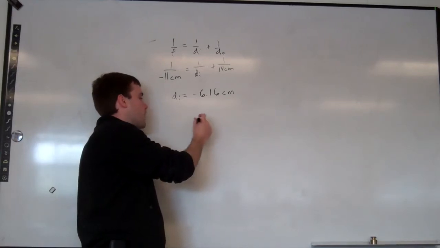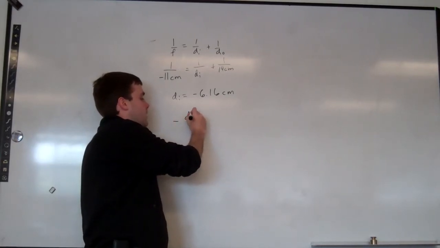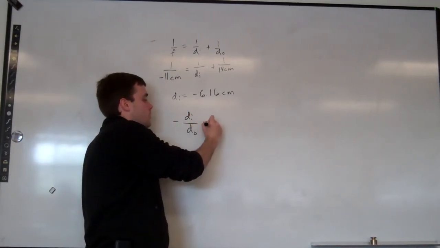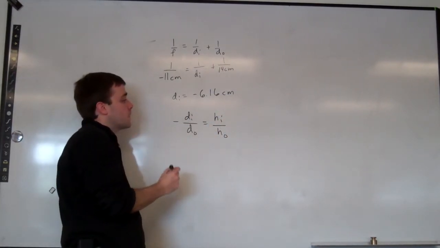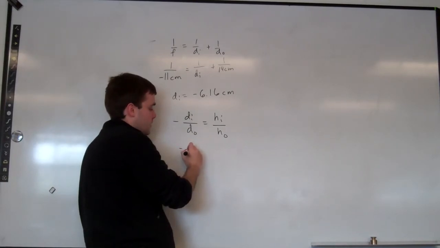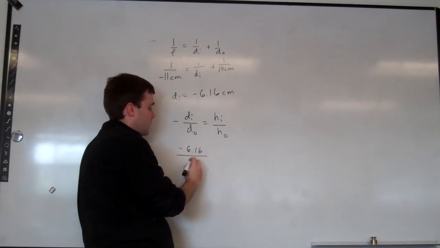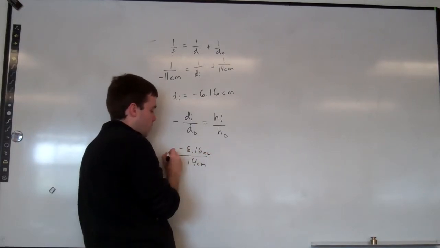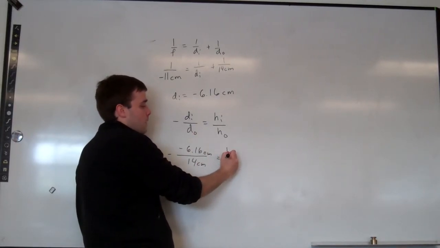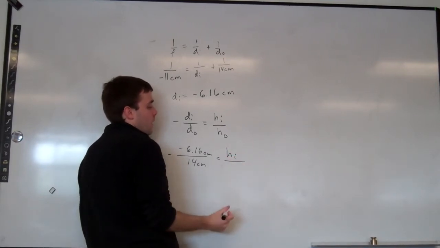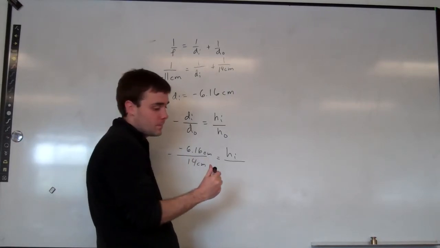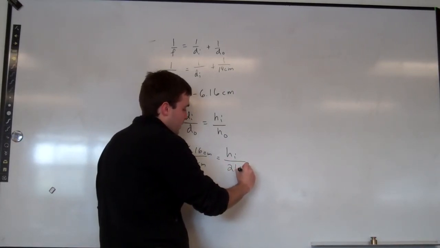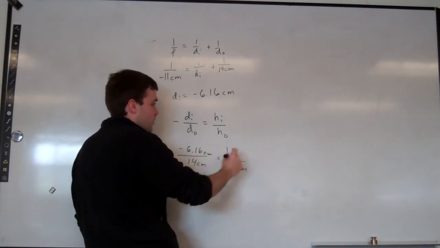Virtual. I'm going to do di over do equals hi over ho. So you get negative 6.16 divided by 14, and the whole thing is negative. And hi over what's Kira's height? 21 centimeters. So cross multiply and you get